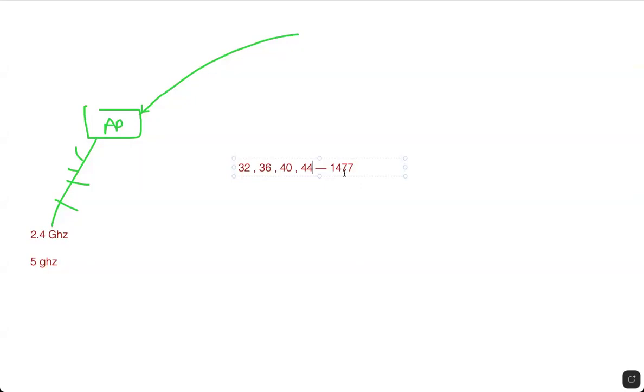And then it starts again from 100, 104, like that it goes. It goes till 144, and then again it starts with 149, 153. It goes till 177. So total 24 non-overlapping channels are there,